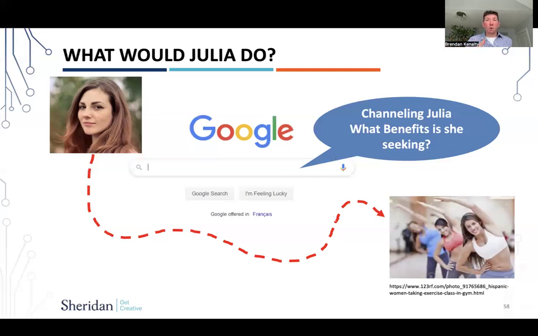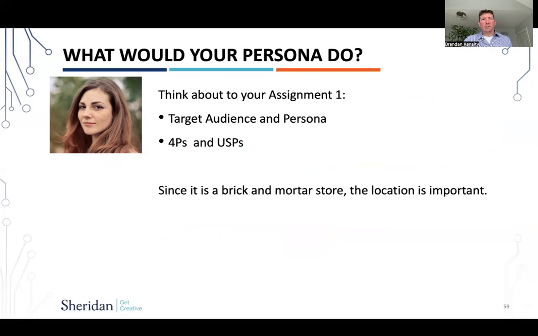She might be looking for short, flexible exercise classes near my home. And I know a lot of times we're talking about price, so affordable exercise classes near my home, things like that. Those are the kinds of things she's typing. Now, she might not type near my home. She might type Brampton or Mississauga, something closer to her actual house. Those are things you want to include.